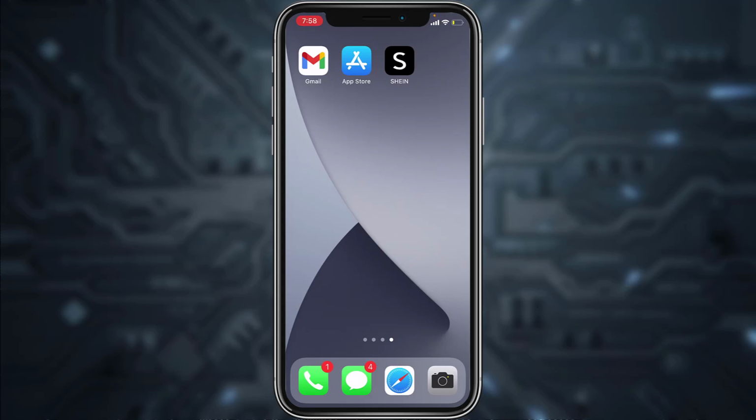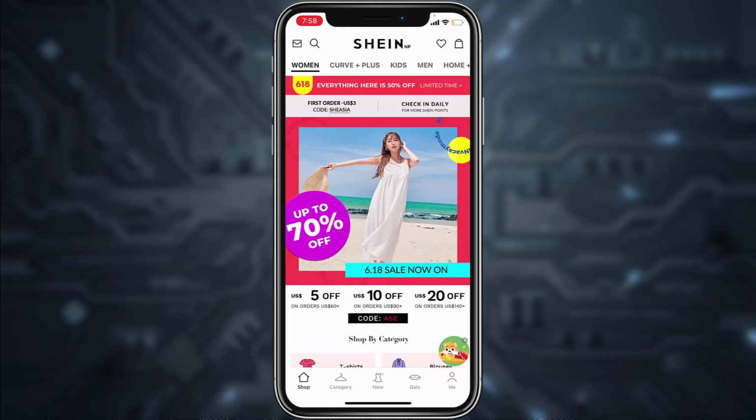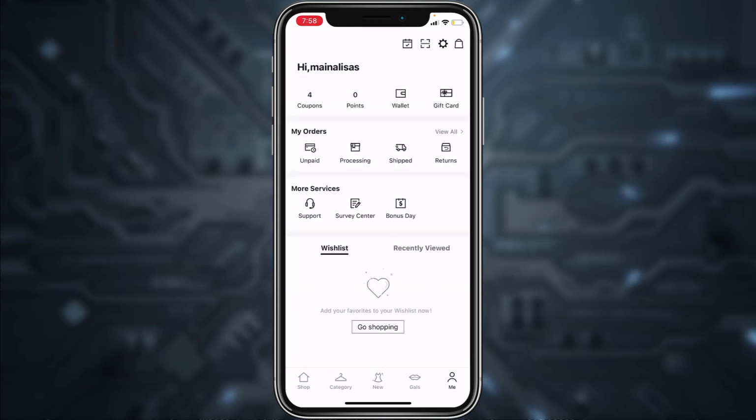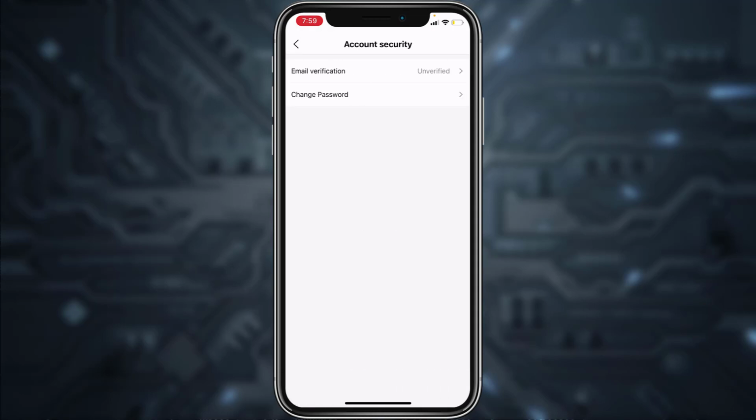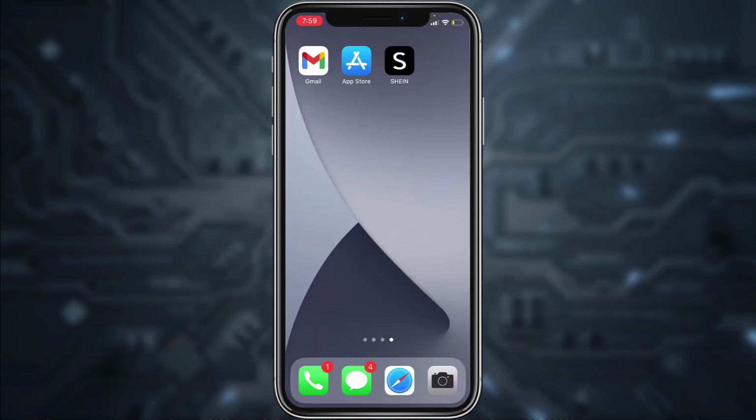In today's video, I'll show you how you can delete your Shein account. If you go to your Shein app, go to your profile icon on the bottom right corner of the screen and then go to the settings icon. There you'll not find the delete account option anywhere. So, in order to delete your Shein account, you'll have to request account deletion to Shein by sending them an